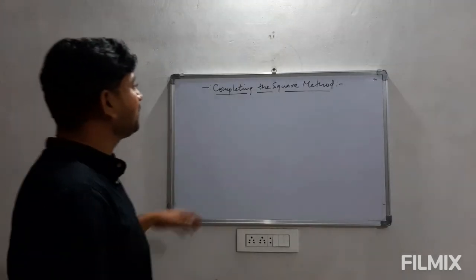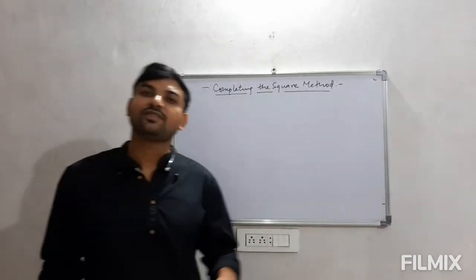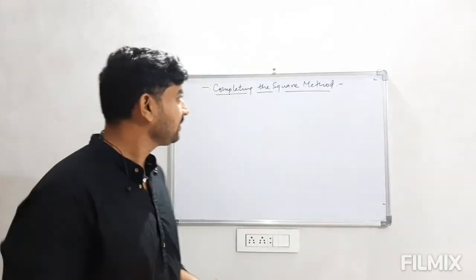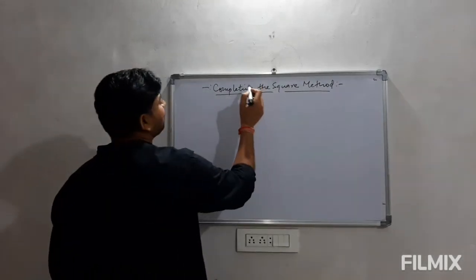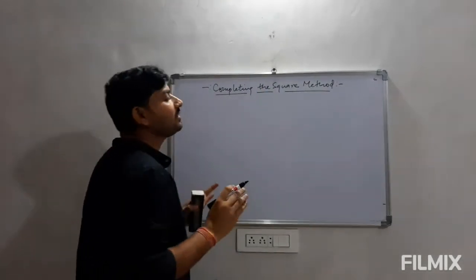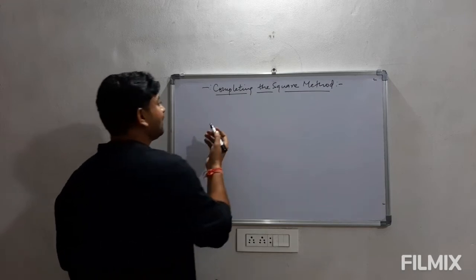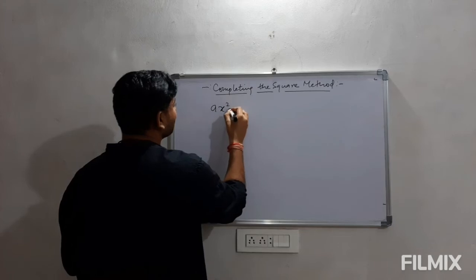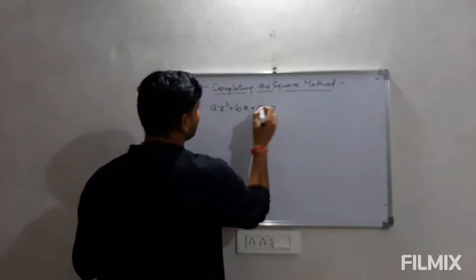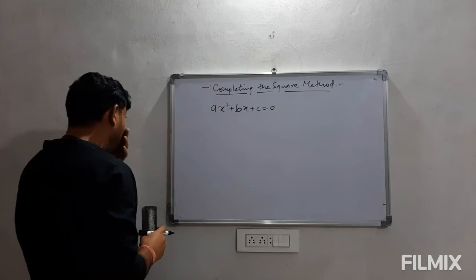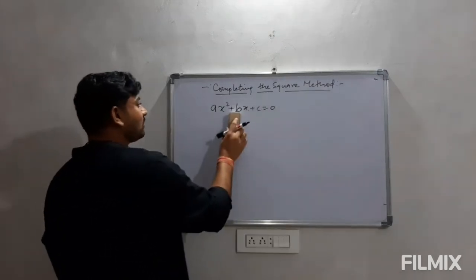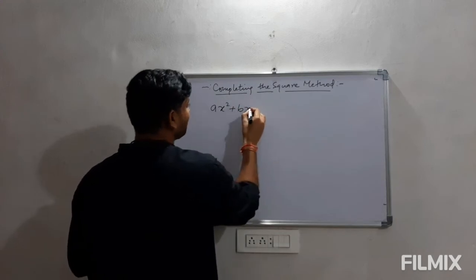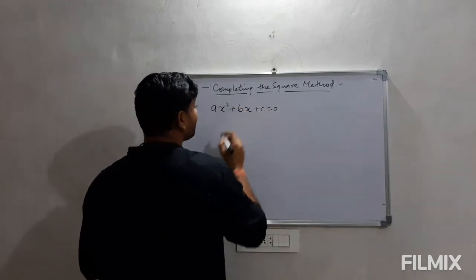So let us come to the second method, that is completing the square method. This is the second method to find out the roots of a quadratic equation. So here, as the name suggests, completing the square means we have to make the perfect square by given equation. I will discuss this whole process by the standard form, that is x square plus bx plus c is equal to 0. We just want to make it a perfect square so that we can find out the roots. So in this whole process, I will be deriving the quadratic formula, that is Sri-Dharacharya formula.